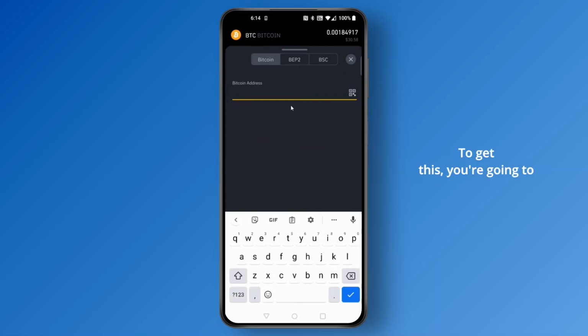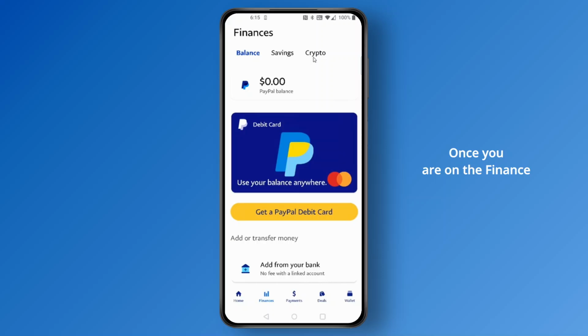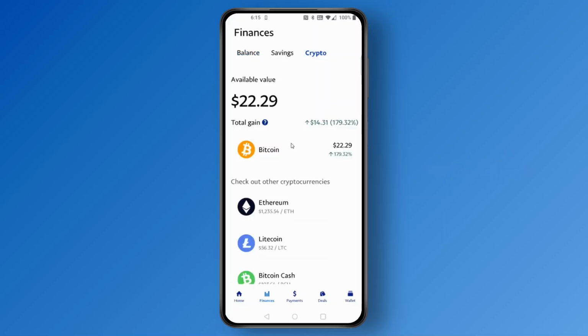To get this, you're going to have to open up your PayPal first. On your PayPal, you can find the wallet address on the home screen, but if you don't see it, head over to Finances at the bottom. Once you are on the Finance tab, head over to the Crypto tab. Once you get to crypto, you can click on Bitcoin or any other crypto that you want to get